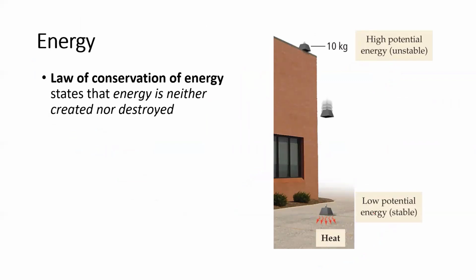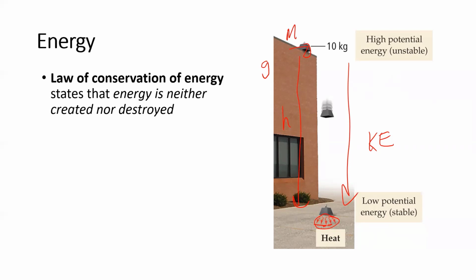Now, the reason why we talk about potential and kinetic energy is the law of conservation of energy. We can't create or destroy energy, we can only transform. So I can take this that has a great distance, right? I have a height and I have a mass and I have gravity pulling on this. So this is a ton of potential energy. Once I throw this over, it's going to transform to motion, kinetic energy, and some of that motion, when it lands on the ground, will be transferred at a molecular level as heat. So I didn't create or destroy energy, I just transformed it.